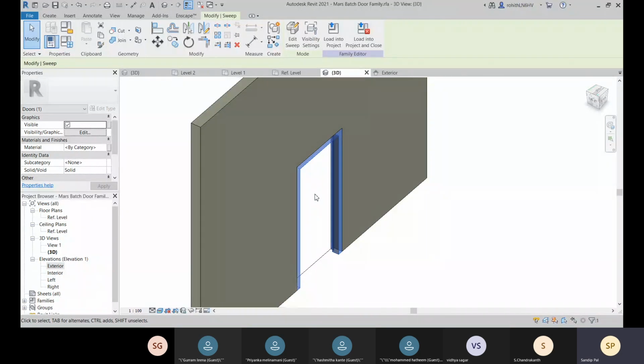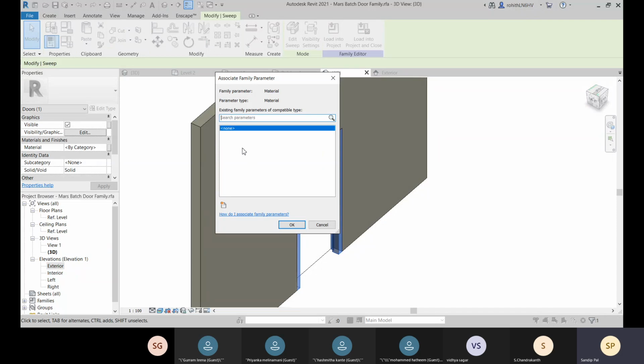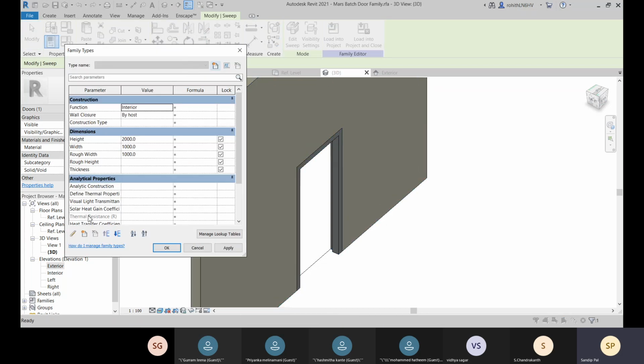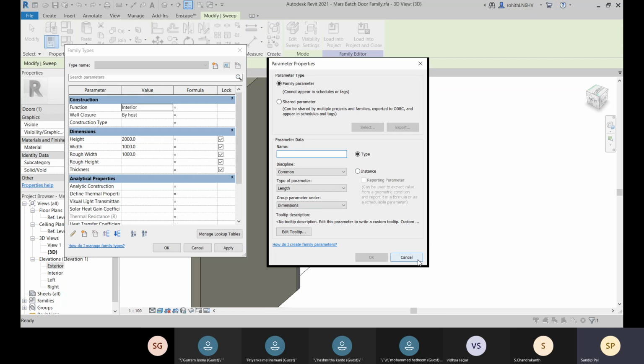All right, so you can assign materials to this door jam, right? So for that we have this material option. So if you generally provide this material, it will be applied to this door jam, right? But if you need to assign it with parameters, if you need to change it in the project, for that you have to assign a parameter. All right, so there is no family parameter for materials created. So from here also you can create, or else you can come to this family type window, and there also you have this new parameter.